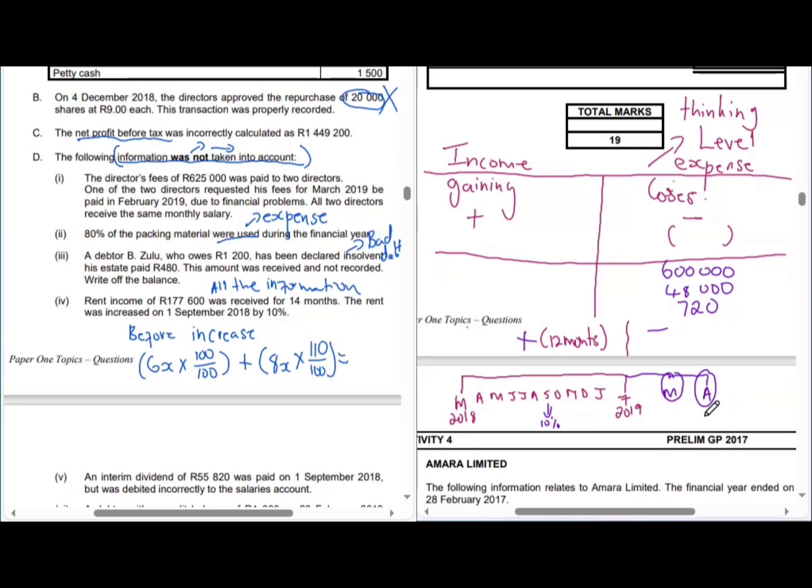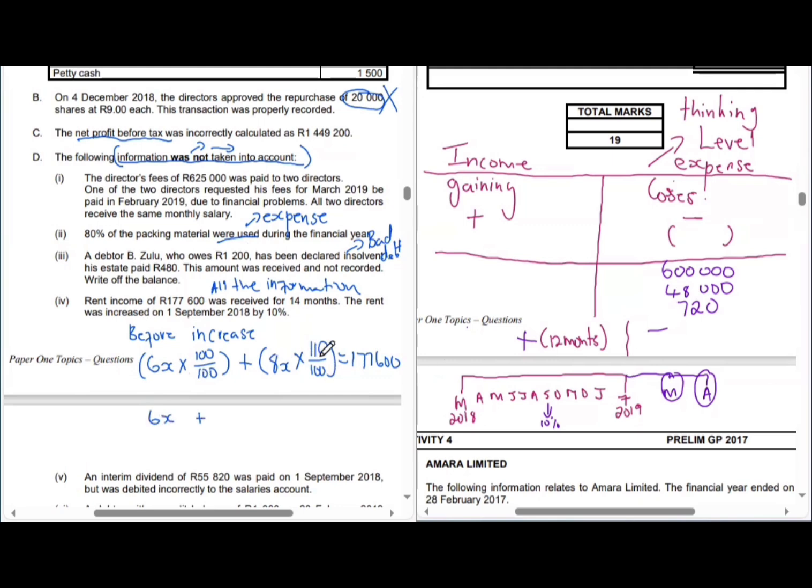which amount? The amount that we already have, so that we can see how much we were receiving before increase, and then equals to 177,600. And then now brackets first, meaning we need to start solving these brackets first. So 6x multiplied by 100 divided by 100 equals to what? Equals to 6x. And then plus